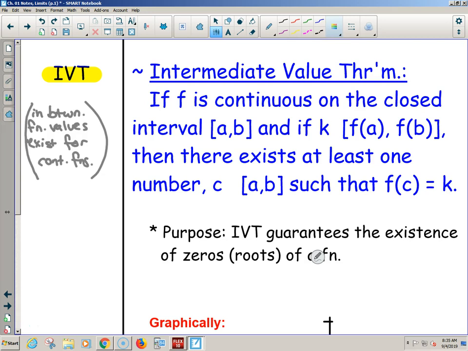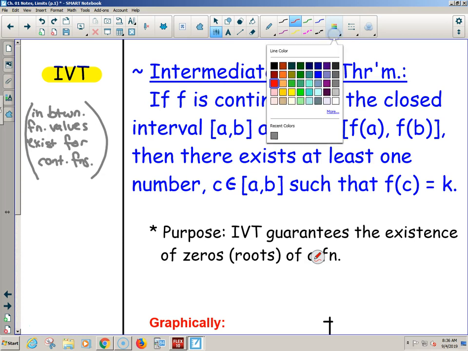If f is continuous on the closed interval a to b, it needs to be continuous all the way to the end with the points there. That's kind of what you just saw. So to talk about a closed interval, okay, it needs to be continuous if you were in between and all the way up to and including the endpoints themselves. And if k, my program doesn't like the little element signs, I have to put it in later. You guys see I left little spaces. If k is within f of a and f of b,